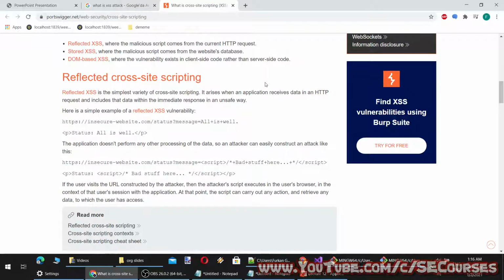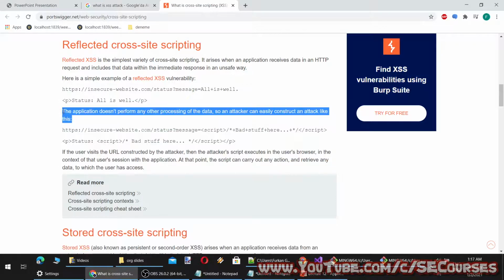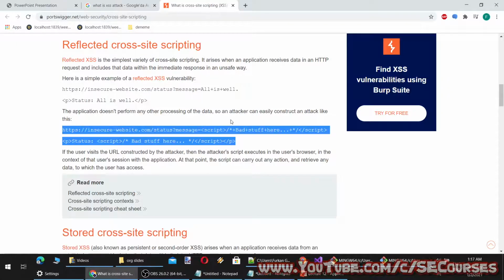Reflected cross-site scripting. Reflected XSS is the simplest variety of cross-site scripting. It arises when an application receives data in an HTTP request and includes that data within the immediate response in an unsafe way. Here is a simple example of a reflected XSS vulnerability: https://insecure-website.com/status?message=<p>All is well</p>. The application doesn't perform any other processing of the data, so an attacker can easily construct an attack like this: